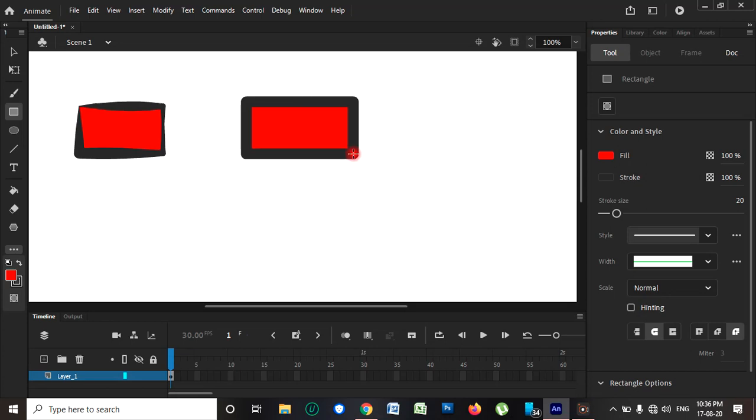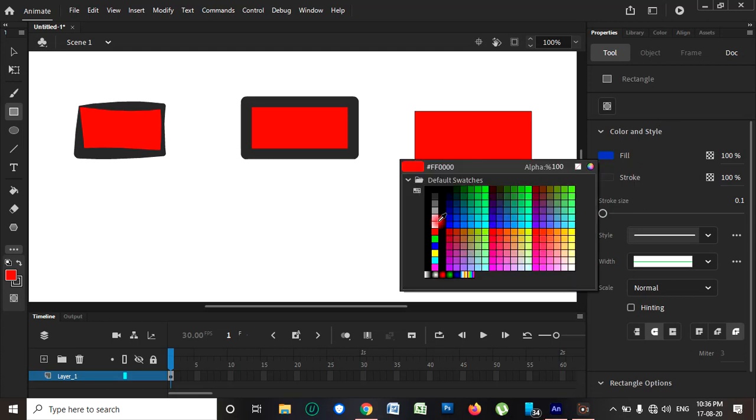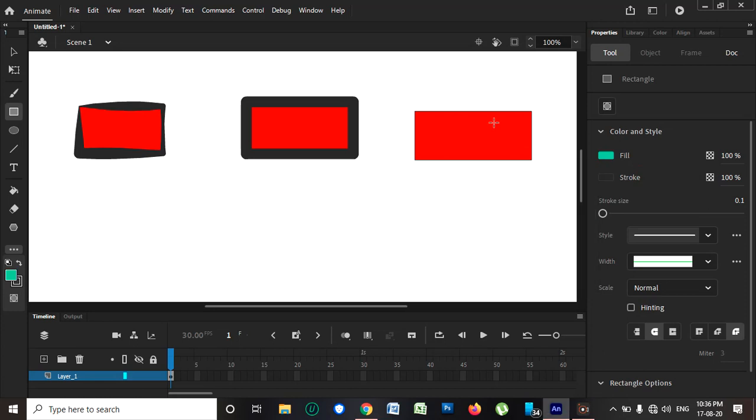Make the stroke here, and if you want to fill another color, click on this color option and we can choose a color. Now we have seen that by using the rectangle tool we can make a rectangle, and if you want to make a square, we can make a square also. Look, this is the square.